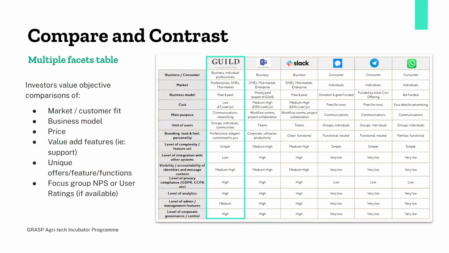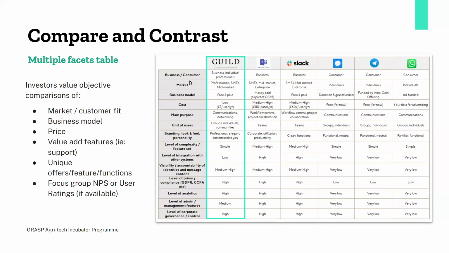You can start building this even now, but maybe look at the timing on when you have enough information to start building this. But you can build multifaceted tables for your competitor analysis as well.